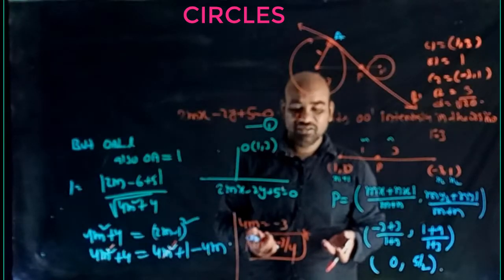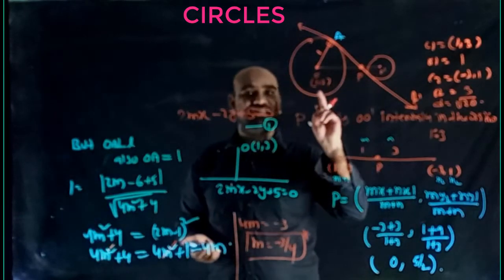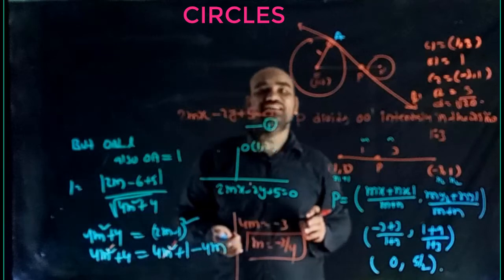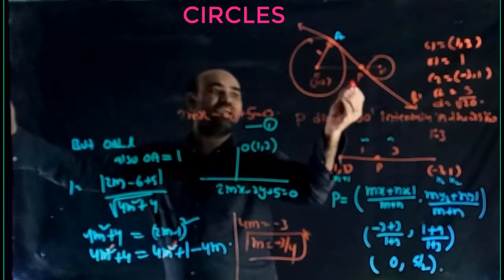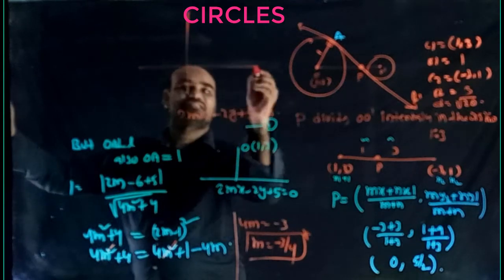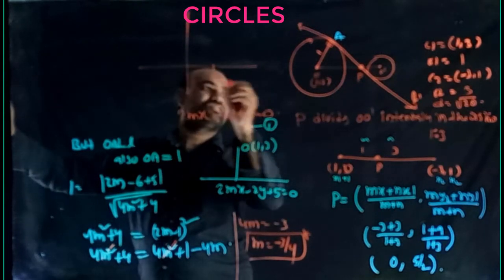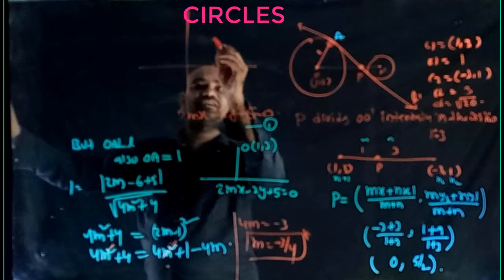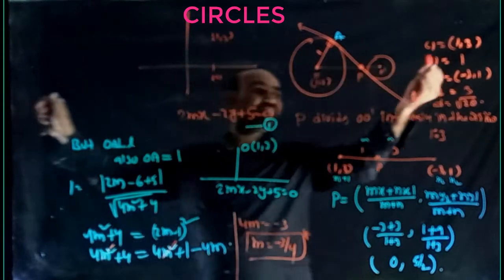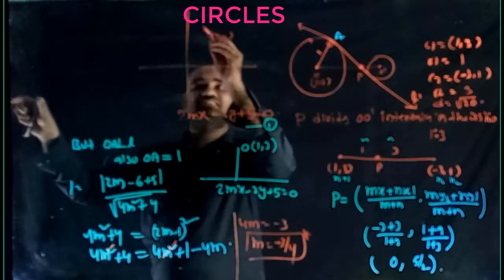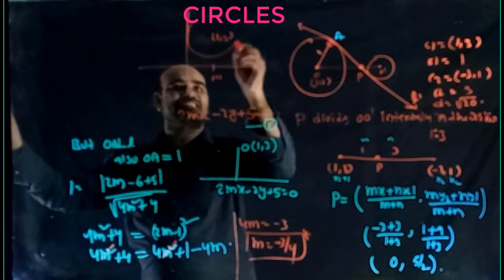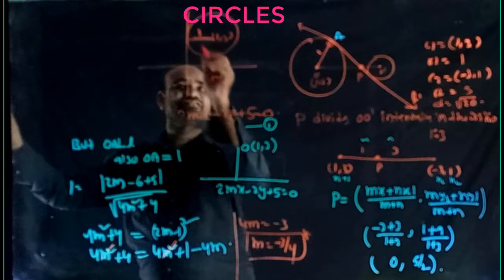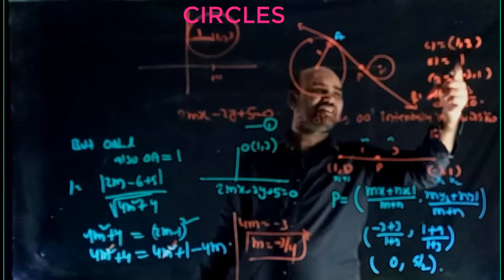That is not correct. It means there exists another tangent, and that tangent is nothing but the y-axis. I will show you the actual diagram for this. Here is the center (1, 3) with radius 1. This length is 1 only, no?